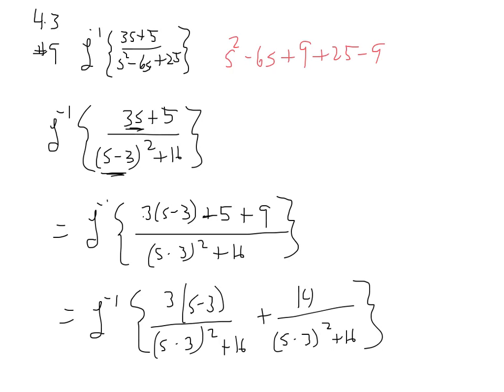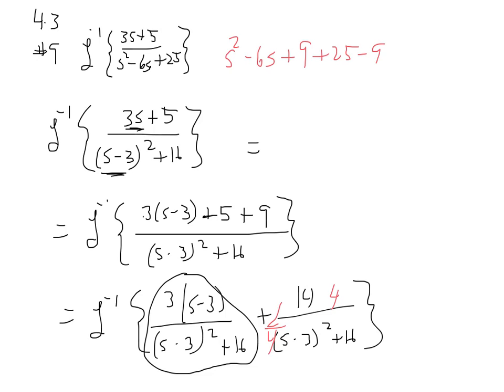Okay, the first one fits into one of our patterns. This one almost does, since we have a 16 on bottom. We really need to have a 4 on top. So I'm going to put a 4 on top, which means I need to put a 1/4 here, and then we're going to have to factor out that 14. So the answer becomes,